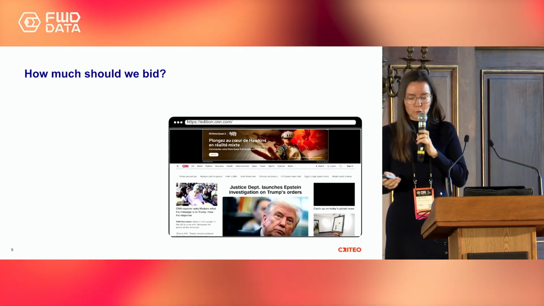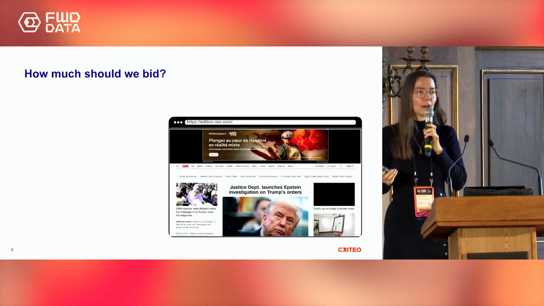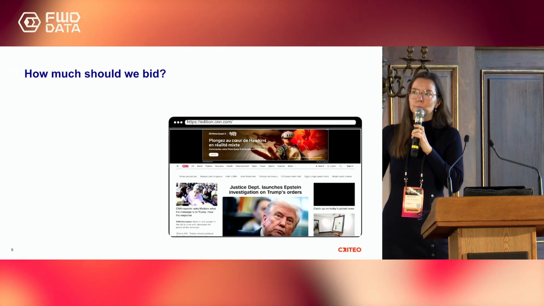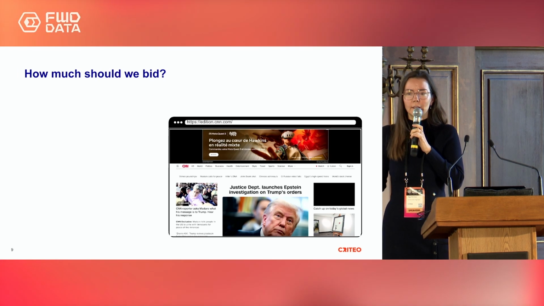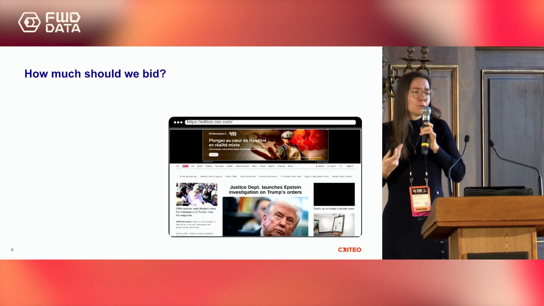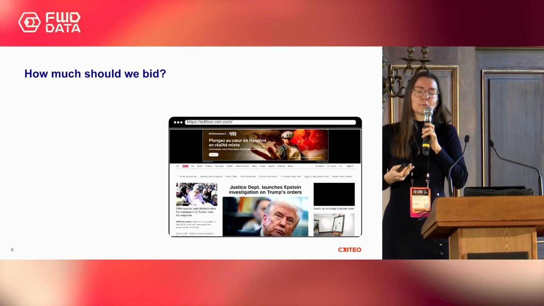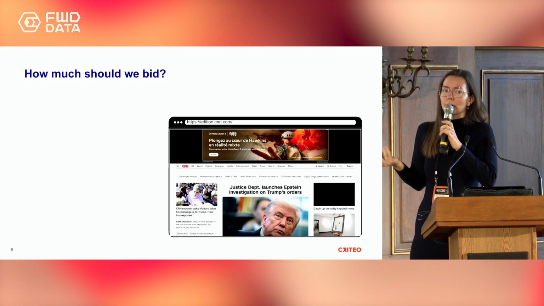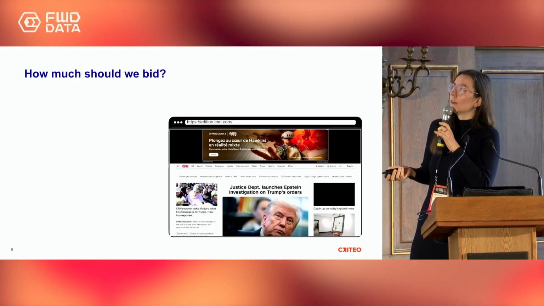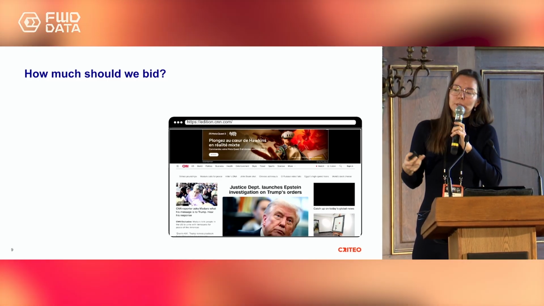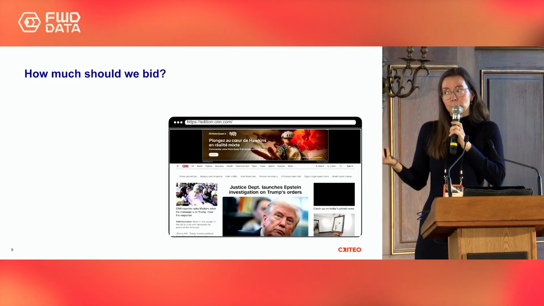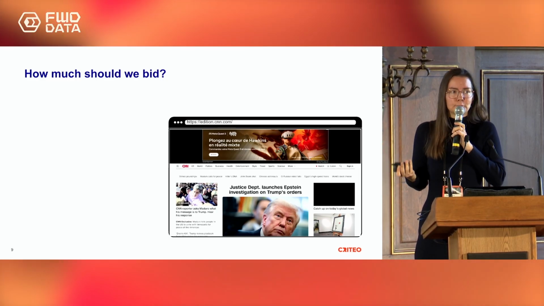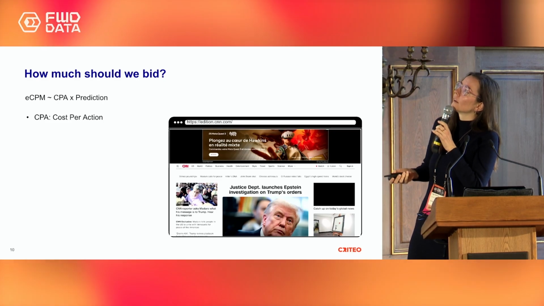So the question that we're trying to solve is how much should we bid? Because, of course, the advertisers are willing to pay a certain amount for the ad. And we're not a charity, we do want to make money, so there's a margin. That's basically where our profit comes from. So if we bid too low, we won't win. So there will be no ad, no money to be made. If we bid too high, that's also rather suboptimal.